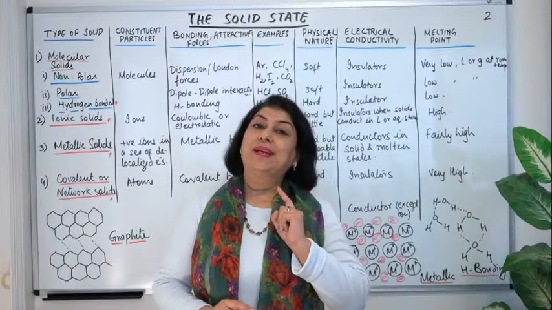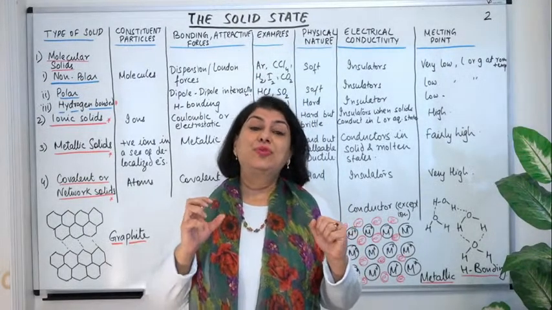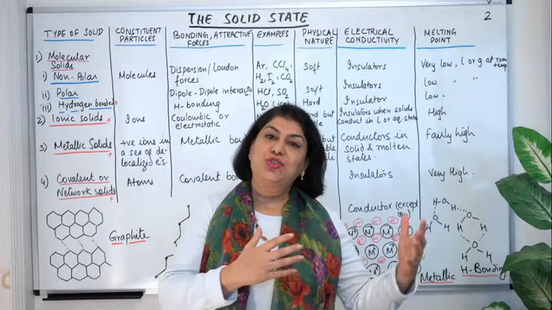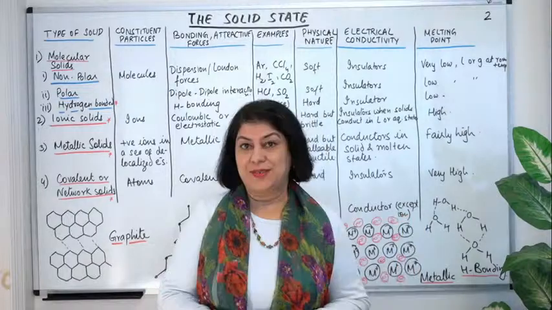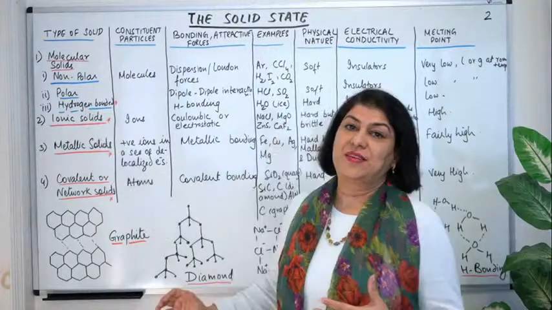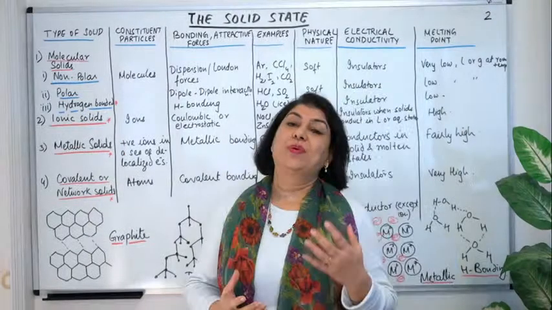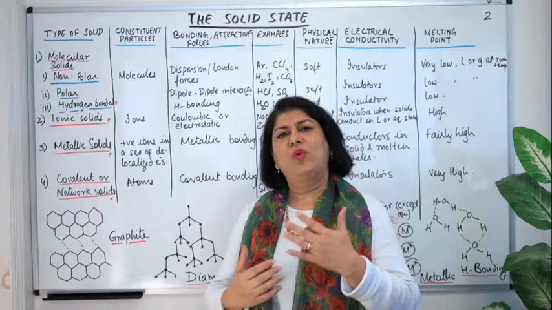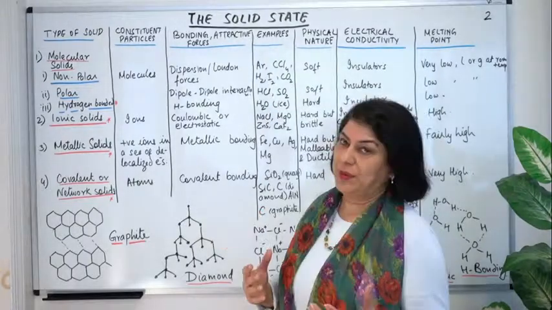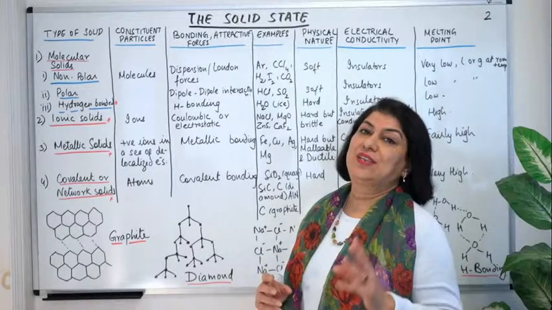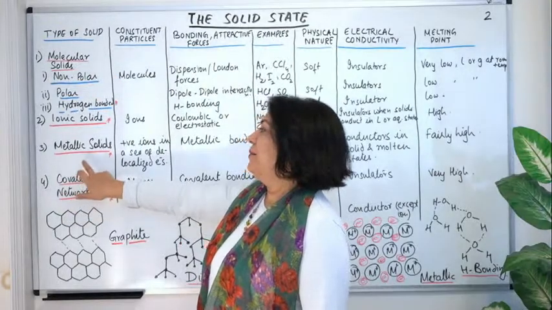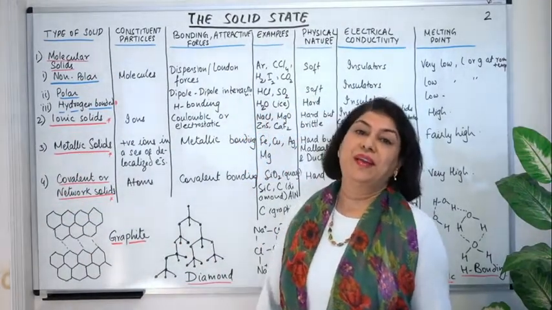In part 1, I told you that we can classify solids into crystalline and amorphous solids on the basis of the kind of arrangement of their constituent particles. We are now going to classify, in this video, solids into 4 different categories based on their constituent particles, what the constituent particles are like and what the kind of bonding is between them. So on the basis of their bonding or the constituent particles, we can classify solids into 4 main categories. These categories are molecular solids, ionic solids, metallic solids, and covalent or net